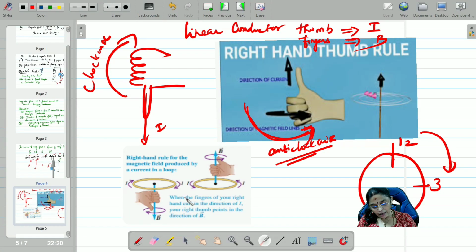So, same way, here, this is clockwise. Can you see here, thumb shows the direction of magnetic field, whereas the fingers encircling will give you the direction of current. So it is clockwise. Similarly, this is anti-clockwise. That is all, children. That is how you need to find out the rule. But if it is asked to find out the direction of the magnetic field at a point, I am going to teach you the same thing.